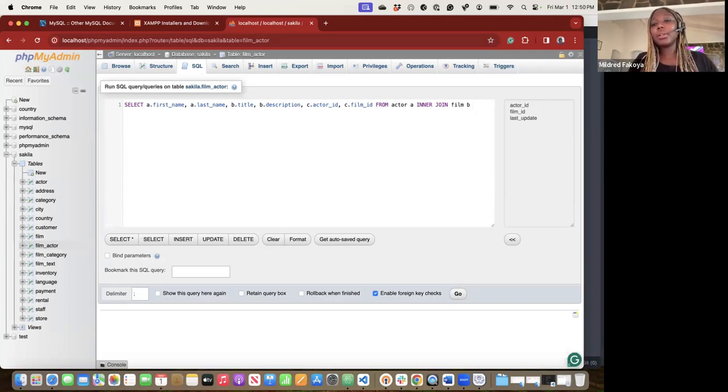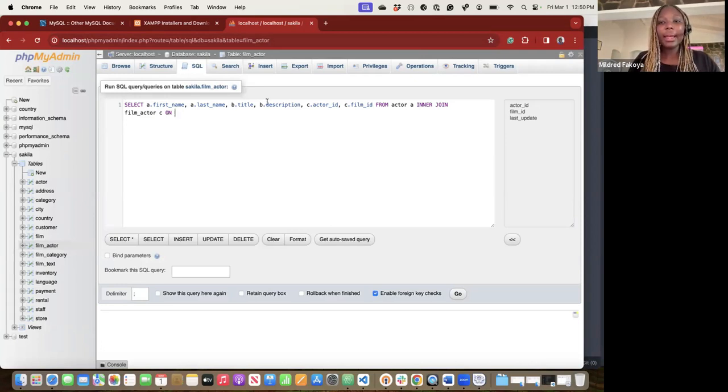Now, both actor and the film should have something in common for us to be able to join them. But if we look at the actor and the film table, they have no column in common. But the actor and the film actor table have something in common. So let's keep B for now and use the C, the one that they have something in common. So we are selecting from actor A, inner join film actor C. On. When we use on, we are trying to tell it where it should join it on. So they must have a common column. And since the actor table and the film actor table both have an actor ID in common,